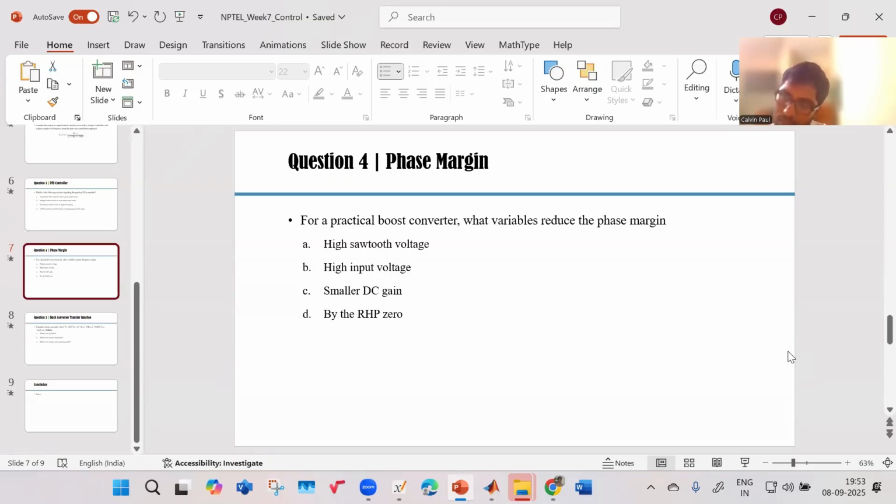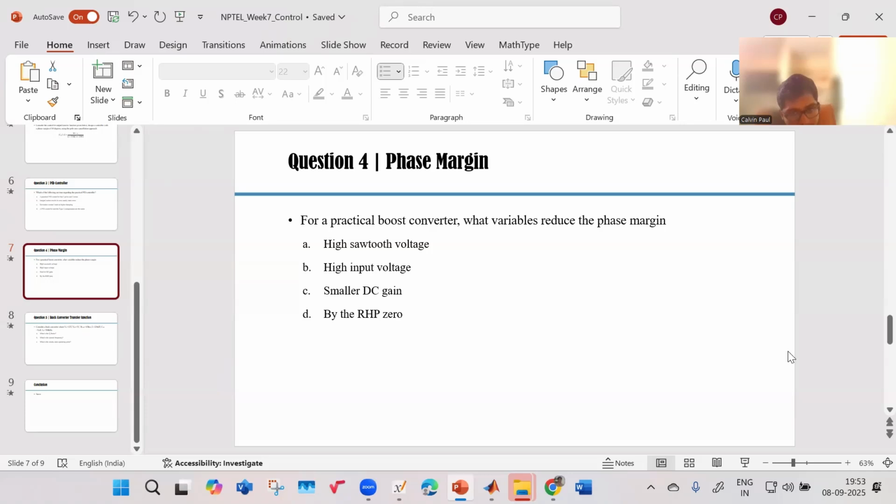High input voltage: the Bode plot will move upward, the gain crossover frequency will increase, and the phase margin will decrease. Correct. And then option A, high sawtooth voltage means that the sawtooth voltage is coming in the denominator,